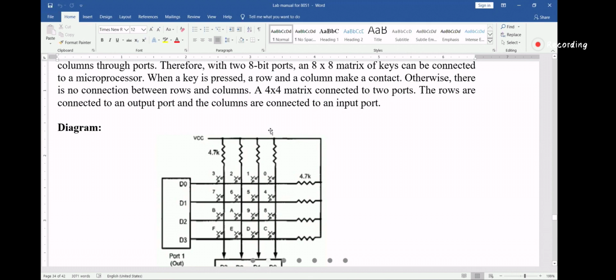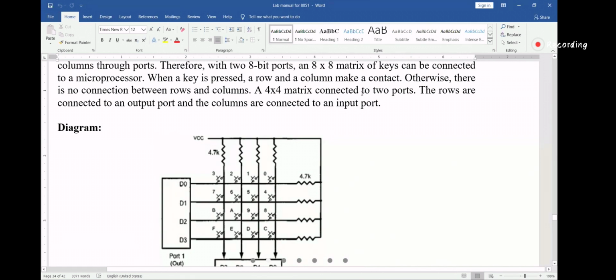So normally, when the key is not pressed, it is an open circuit. When I press a particular key, any key, the circuit will be complete. So there will be a closed circuit. We will see in a while.